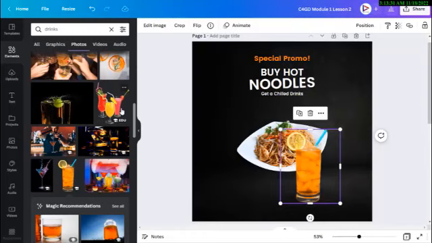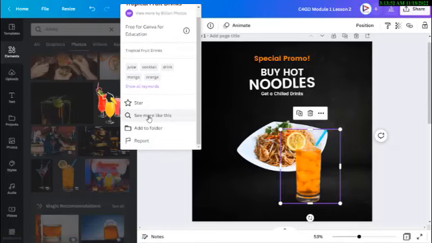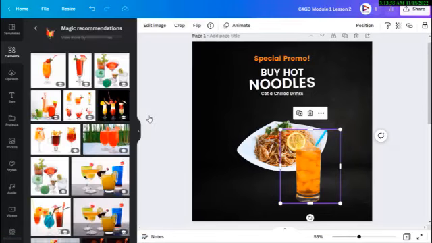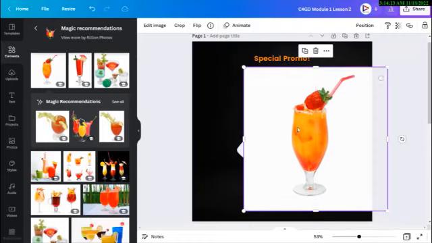Now when you see an image, you can look at images that are similar to it. So just click on the three dots here to view the options for it. You see the name of the person who uploaded it, that's this person, and the like. So I'll go to see more like this. I want to see more images like this, more photos like this. I'll go to this. Okay, this is what I have. Oh, I think I love this. It also has orange. So I can go ahead and bring this in. But I would have an issue with it because it has a white background around it. You can see. We wouldn't want to use an image that has all of this,